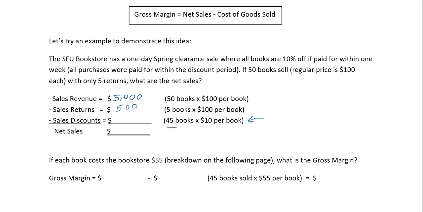The 45 number comes from the 50, which we originally sold, less the 5. So we only have 45 books out there which students have bought from us. And since all of them pay early, all 45 books get that 10% discount. So if each book is $100, 10% of $100 works out to $10 per book. So take the 45 books that are out there, multiply by a discount of $10 per book, and then we will get